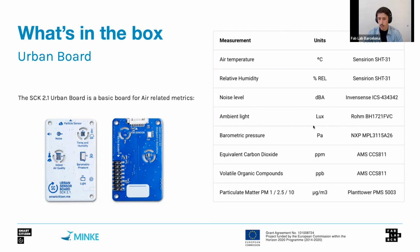hearing, ambient light, barometric pressure, and then a sensor that is meant to measure a proxy for volatile organic compounds, which is normally an indoor air quality proxy. This sensor also yields another metric, which is called equivalent carbon dioxide, which is not CO2. It's not what we understand by carbon dioxide, it is an equivalent metric that is derived from the volatile organic compounds